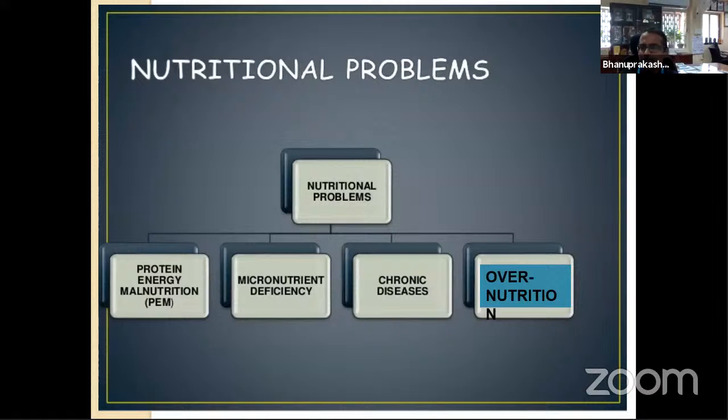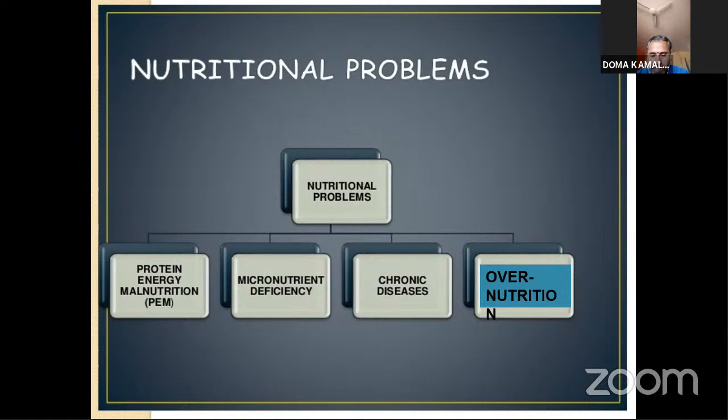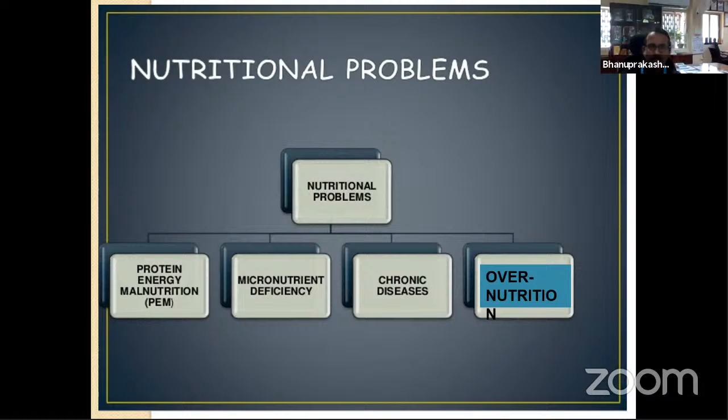But if you allow me, I also want to share a few slides. Is it okay? Can I take another 5 minutes? Okay, sir. Yeah. So in my area, there are some nutritional problems. Earlier we used to talk about stunting and all that. But for the concept of Atmanirbhar Bharat, I want to share these slides.